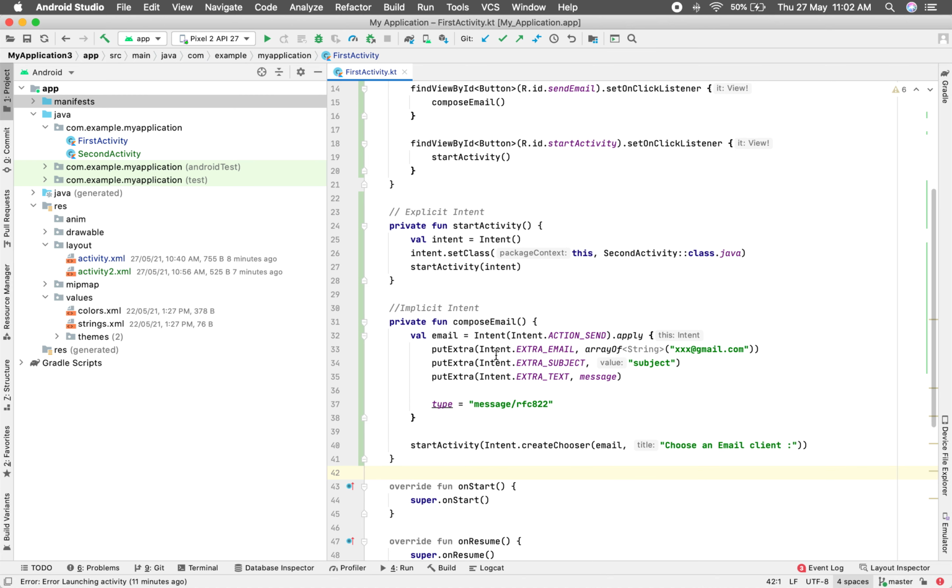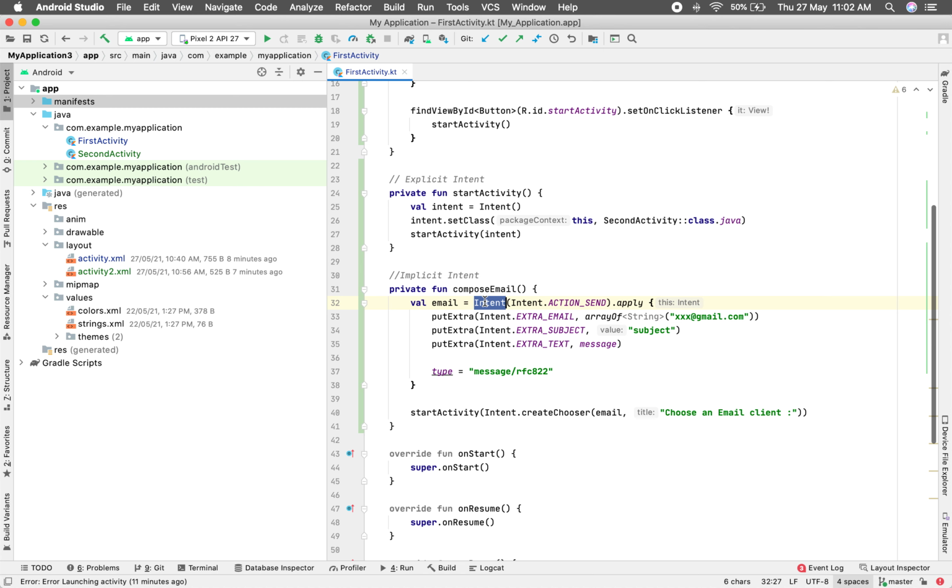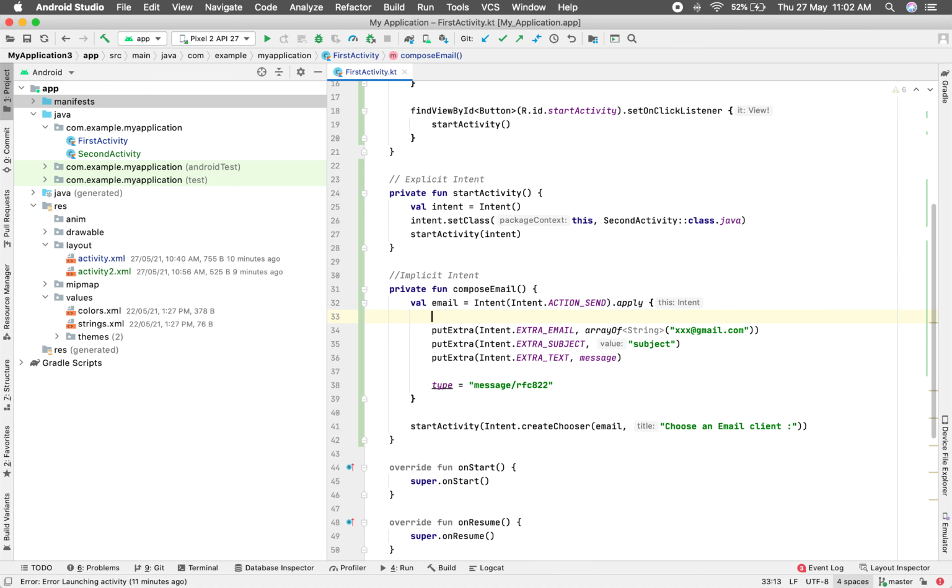So let me explain what this syntax means. This is the intent. This is how you create an intent object. And this is the action, which tells the system that you want to find some component which can handle the action of type ACTION_SEND. There are two ways to set the action: either through the intent constructor, which we have shown here, or we can call a method of intent and set it like intent.action, and we can remove it from here. So these are the two ways to set it, either through the constructor or through the setter method exposed in the intent class.